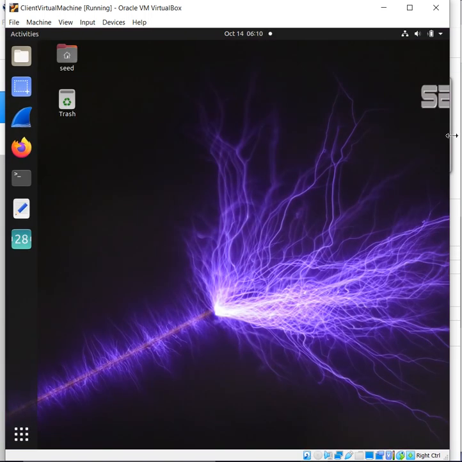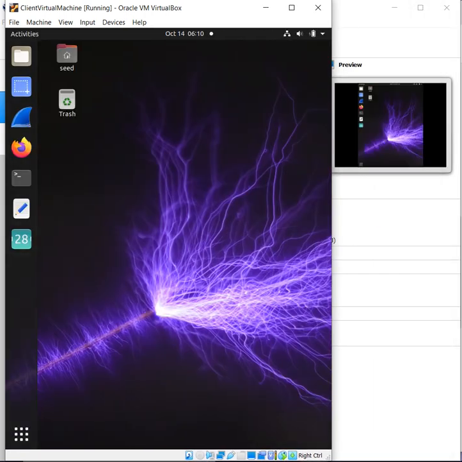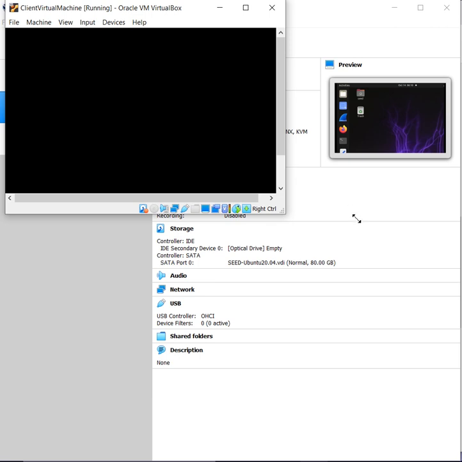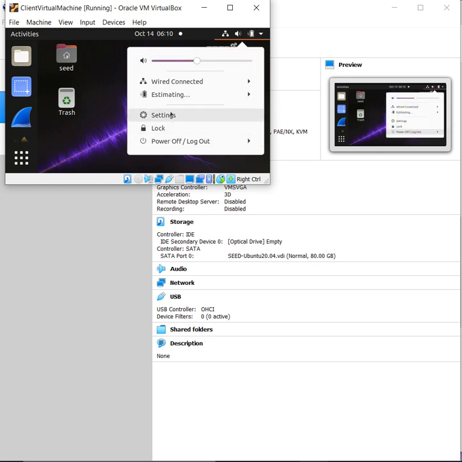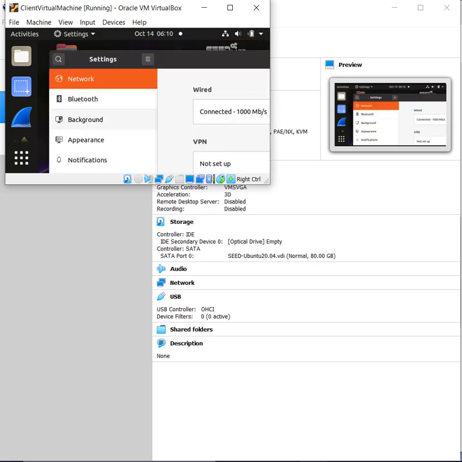The client information has been created, so I am changing the visibility size to a smaller level because I would like to show another computer. So settings, network, if you see the network settings,